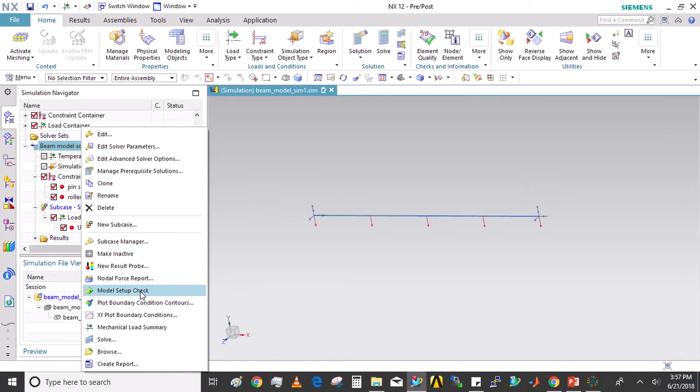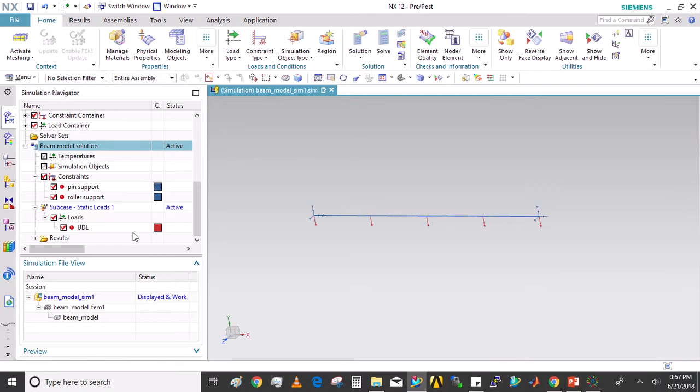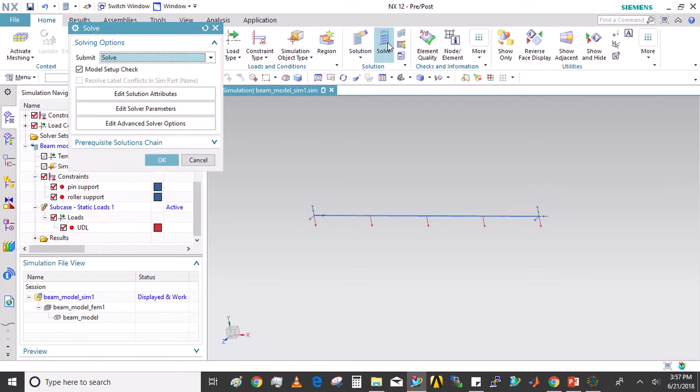So we'll do a quick setup check, and there are 0 errors and 0 warnings. You can close that, and to solve the model we'll go into this solution folder and select solve. You can check or uncheck the setup that you already did. Make sure the submit is solved and just press OK.